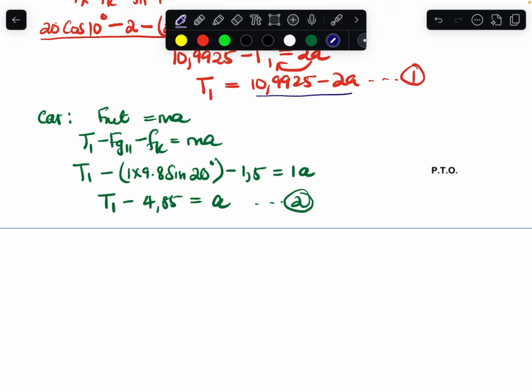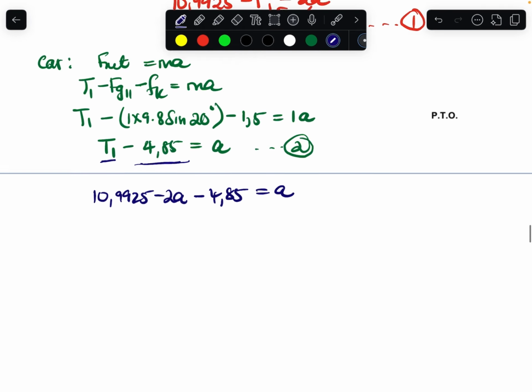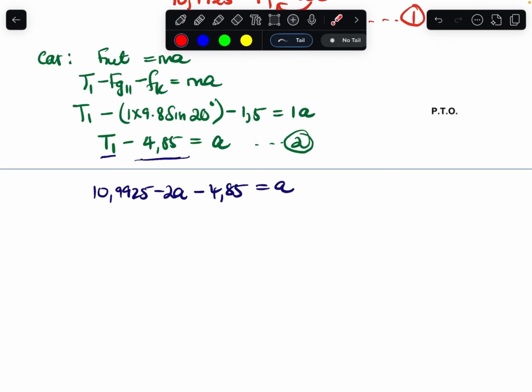Now what I'm going to do, I'm going to substitute both equations. I'm going to substitute equation 1 into equation 2. So equation T1 is equal to that. So in this T, I'm going to substitute that. So it's going to be 10,9925 minus 2A minus 4,85 equal to A. So when you punch this in the calculator, 10,99 minus this is going to be